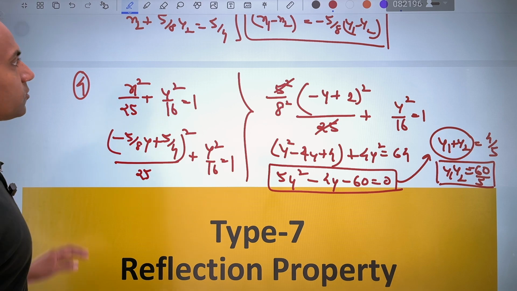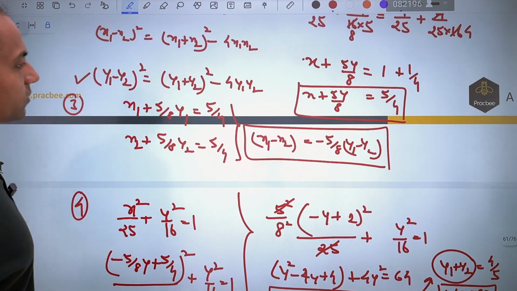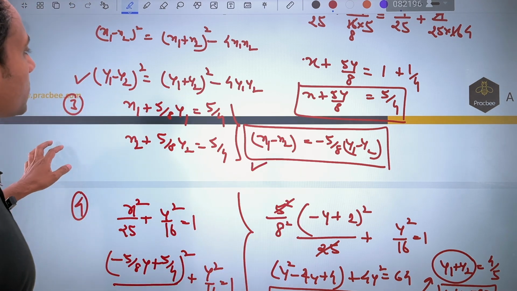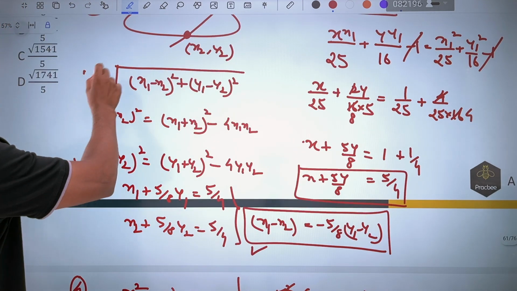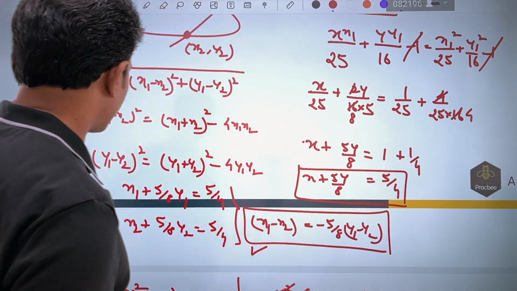Once you have got both the values, we will substitute here. We will get the value of (y1 minus y2) whole square. Using this, we will get the value of (x1 minus x2) whole square. We will substitute both the things here and get the final answer. So you can see that it is a little bit lengthy, but if you follow the process, you will be able